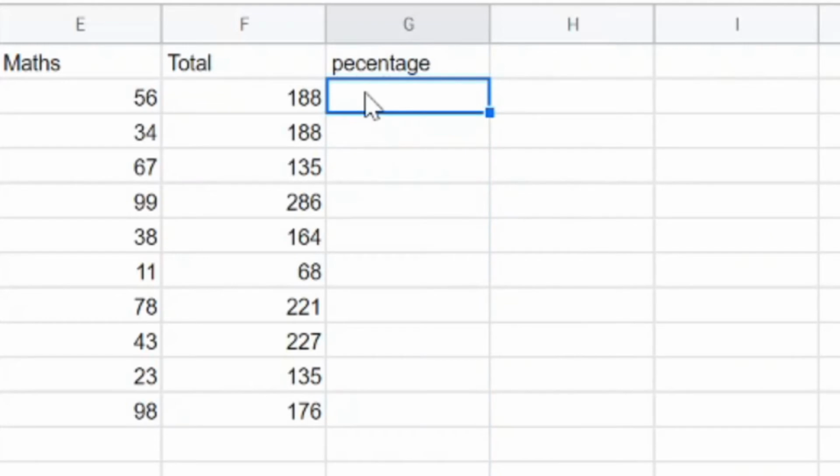First of all, we will have to give the equal sign. Then our assumption is that we have overall total marks 300, because 100 in physics, 100 in chemistry, 100 in maths. So total marks is 300, and obtained marks is given on this total column. Okay, so I will be writing for G2 cell, the percentage will be F2, because obtained mark for G2 or the second row is F2, divided by total mark is 300,